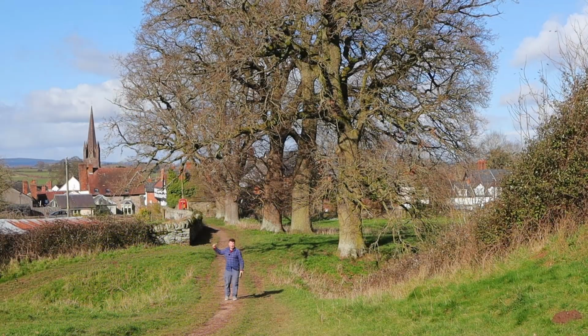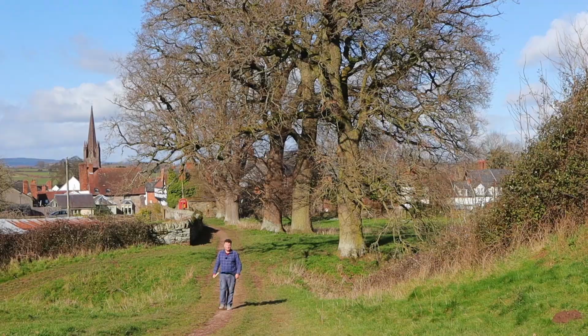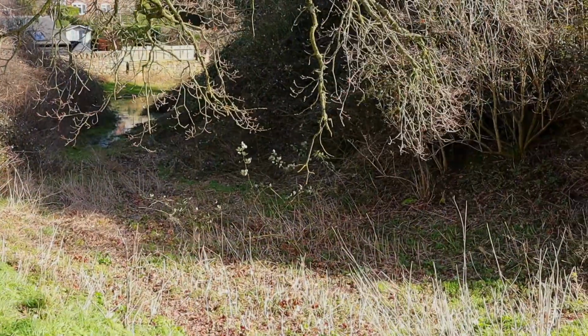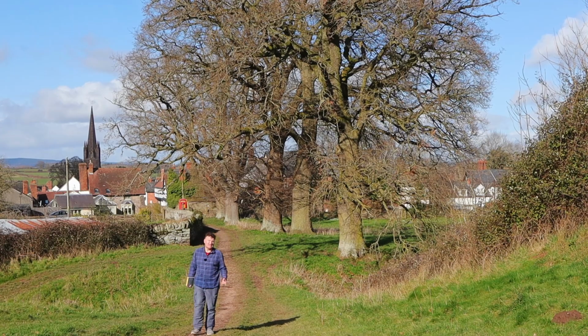I'm now walking up the lane that leads up to the castle. Back there in a straight line is the High Street at Weobley, taking you down to the church and the churchyard where I was filming earlier. This bit here is the moat of the castle, but only the bailey really survives, which is just the other side. Now, there is an interpretive board back down there and it says